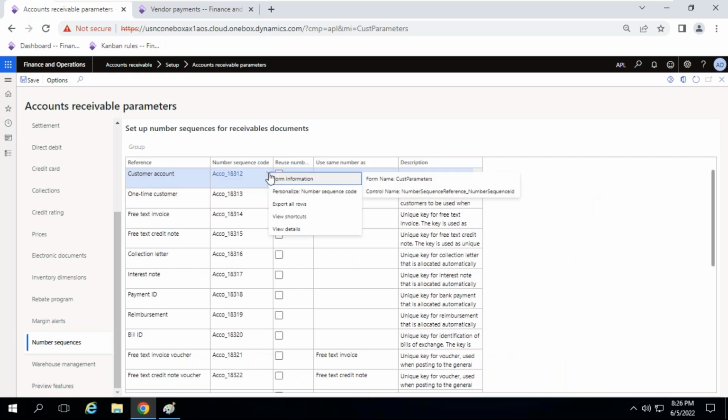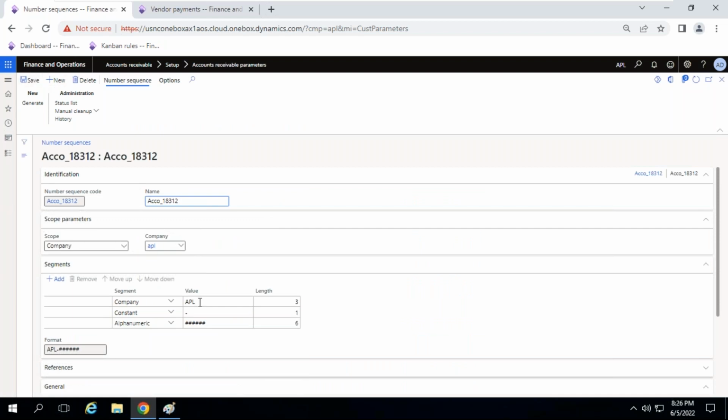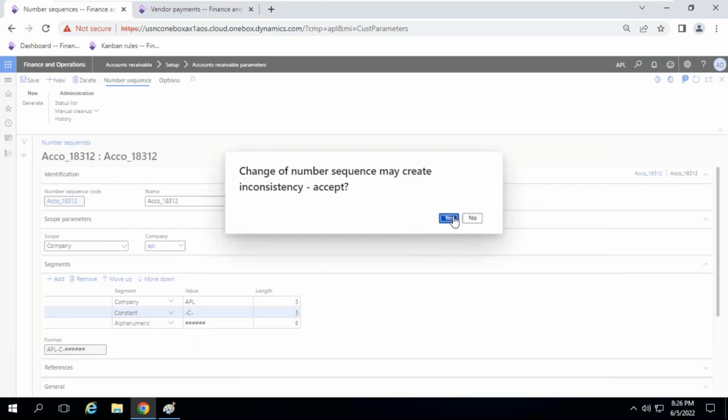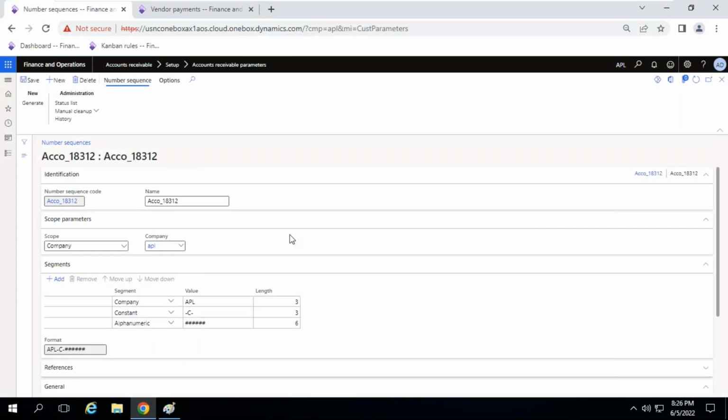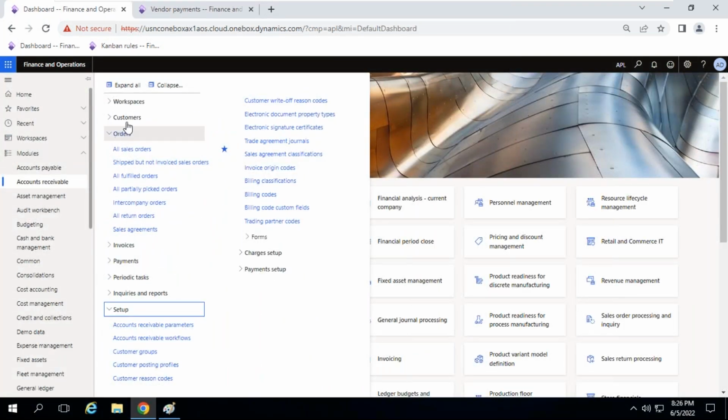Customer number sequence details. Click on C here. I'm adding C dash. Save. If you don't like, create a new vendor number sequence and map it new. If you don't want to modify, you can create a new one. Now, if I'm creating a customer,